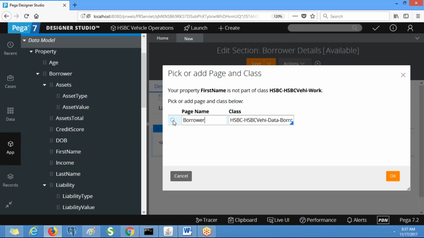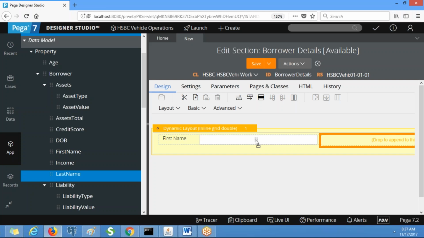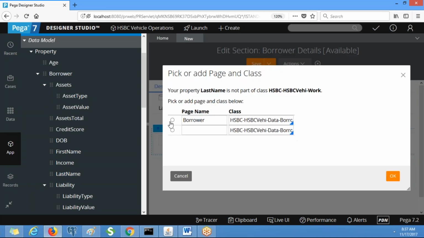You select this, which means the property we are using is under this class. Click on OK. Similarly, last name. Again, you can select this. Click OK.